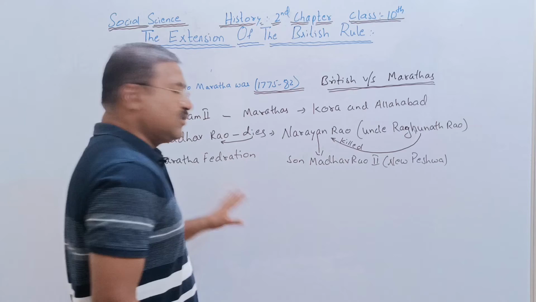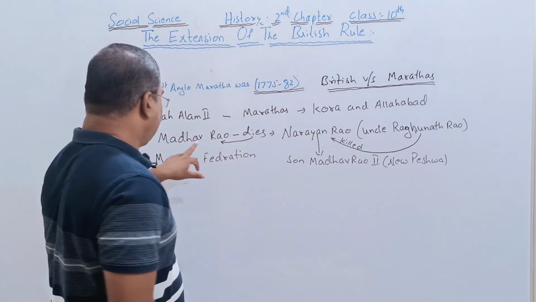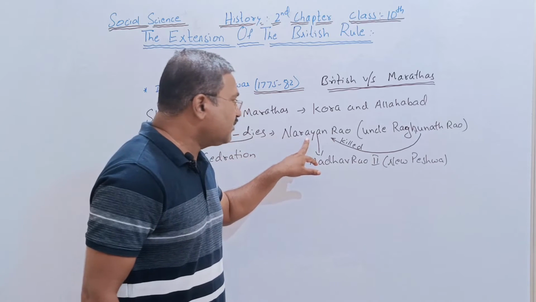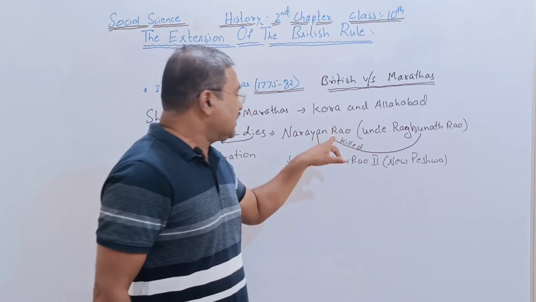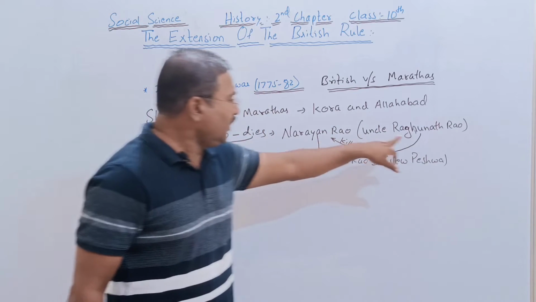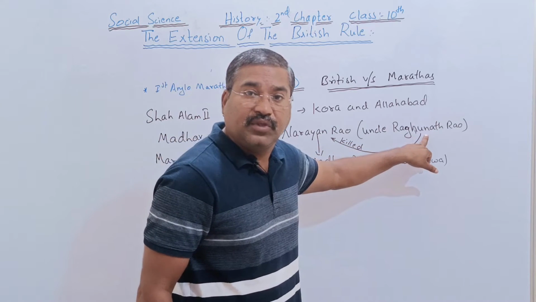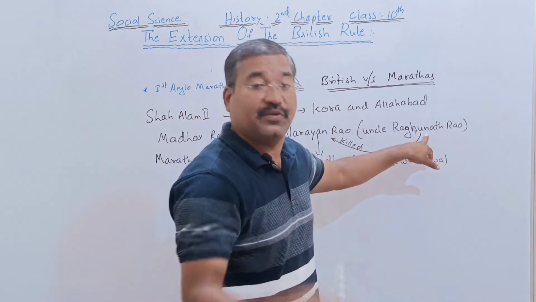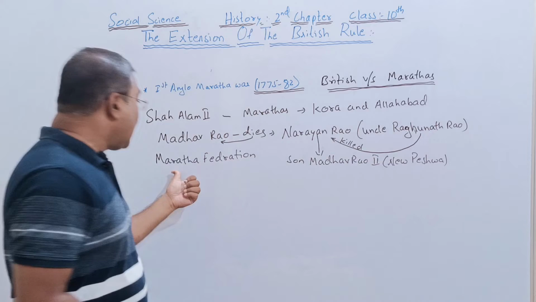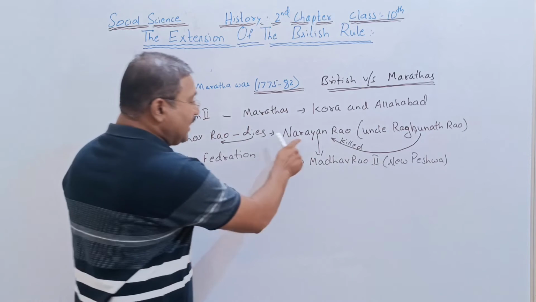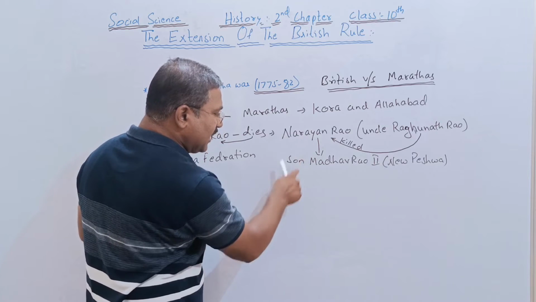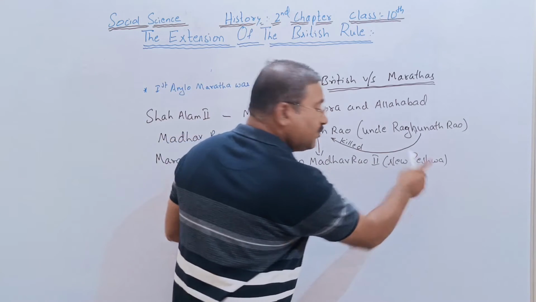There should be no confusion: after the death of Madhav Rao, Narayan Rao became the new Peshwa. His uncle Raghunath Rao killed Narayan Rao, furious to become the new Peshwa himself. But according to him, it didn't go. The Maratha Federation made Narayan Rao's son Madhav Rao II the new Peshwa,